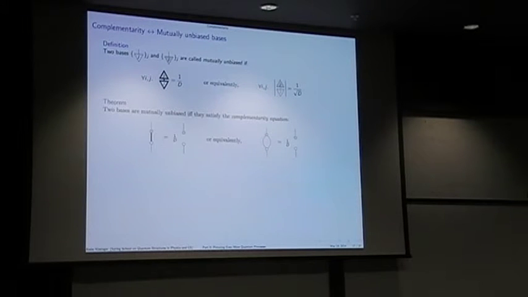Right? Then 2 bases are mutually unbiased if and only if they satisfy the complementarity equation. So here I've given the doubled version of the equation and also kind of the unfolded version. And this is very easy to prove. So in one direction,